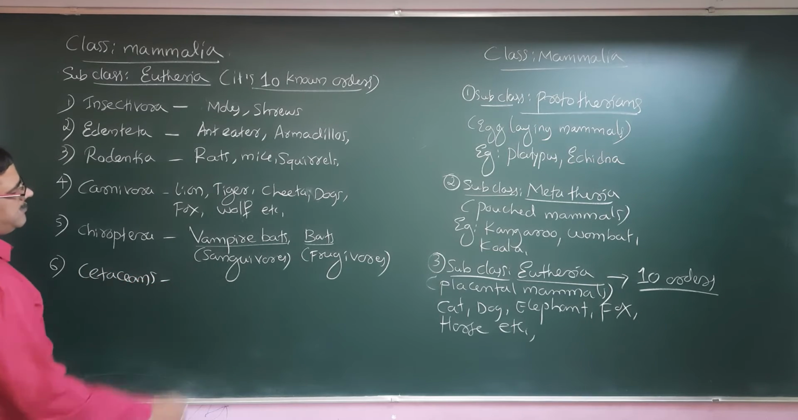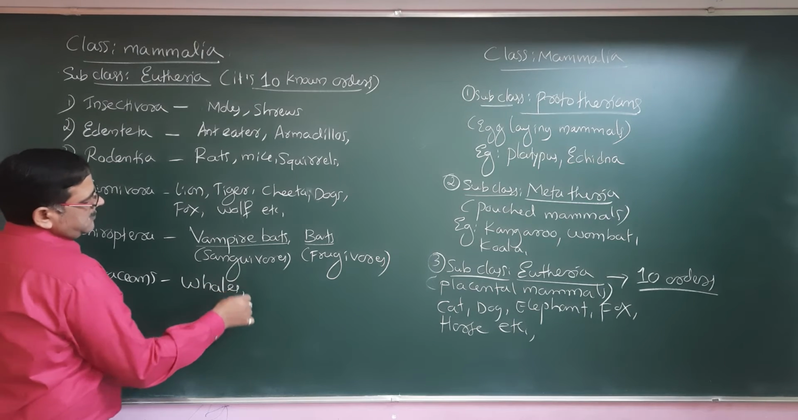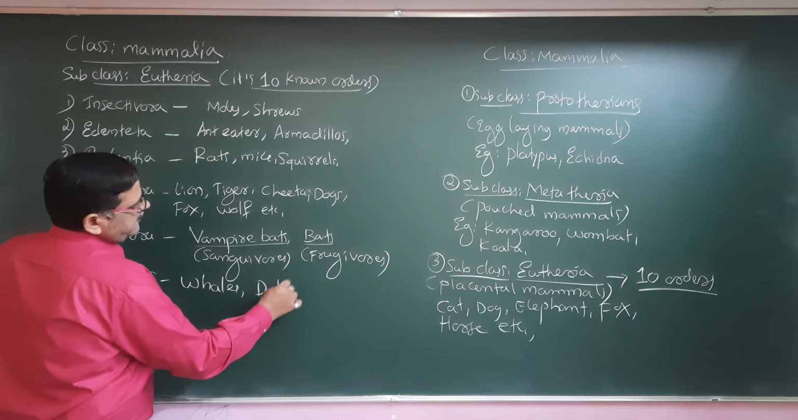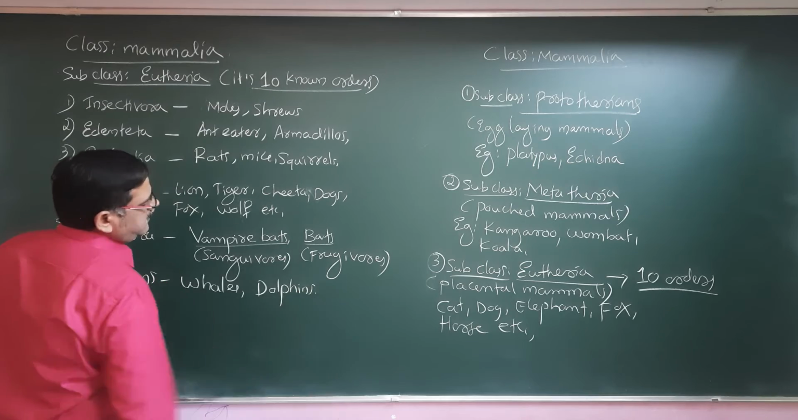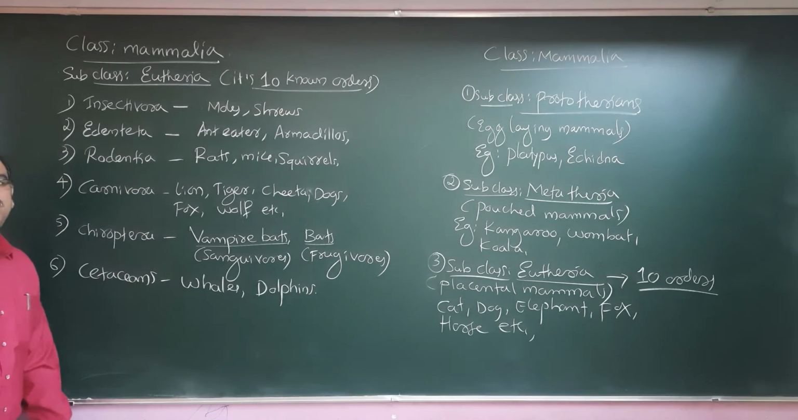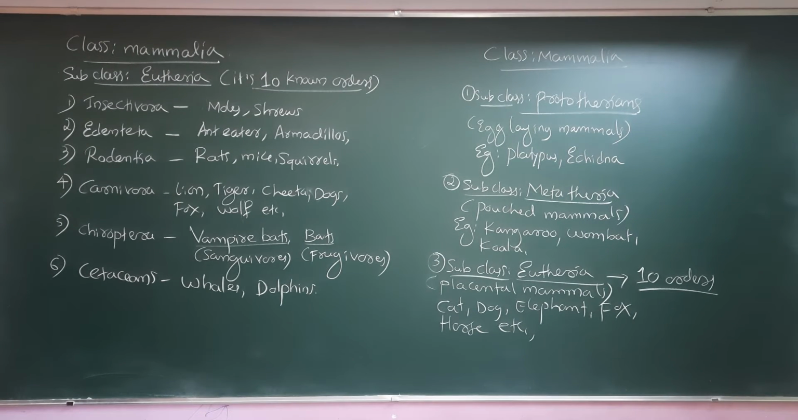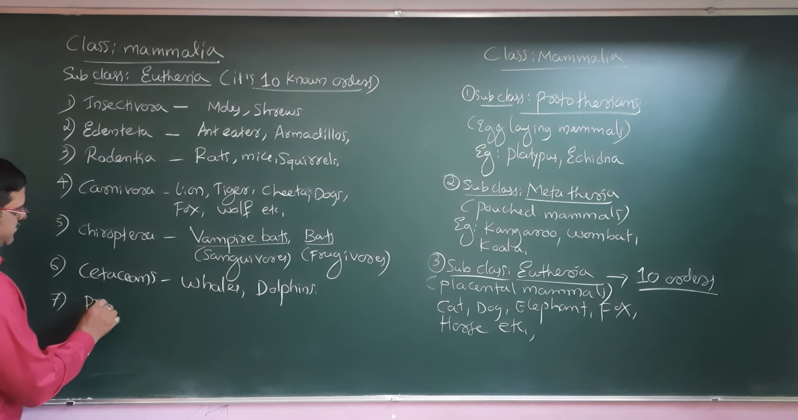Cetaceans are mainly the whales and dolphins. Whales and dolphins don't have hind limbs, only forelimbs that are modified into flippers for swimming. So these are mainly the well-known orders. Number 7, order Primata,